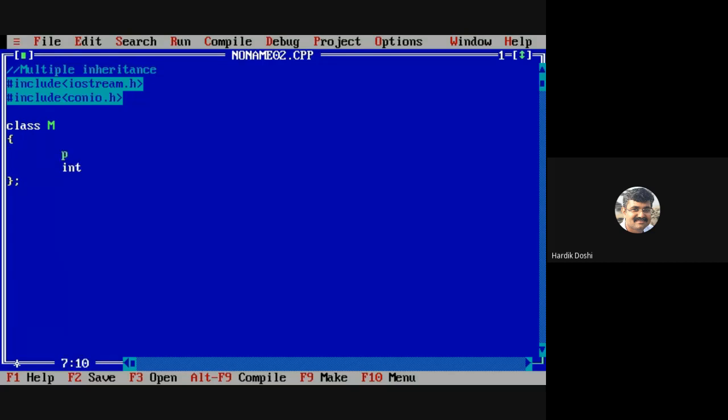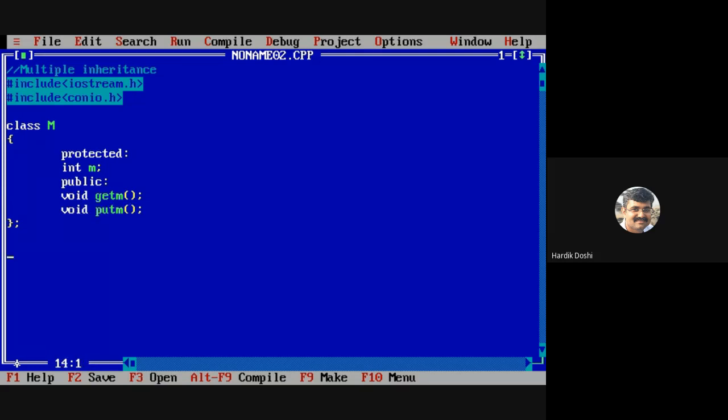Let it be protected. I'm taking small m. In the public section, we are writing two functions: void get m and void put m.